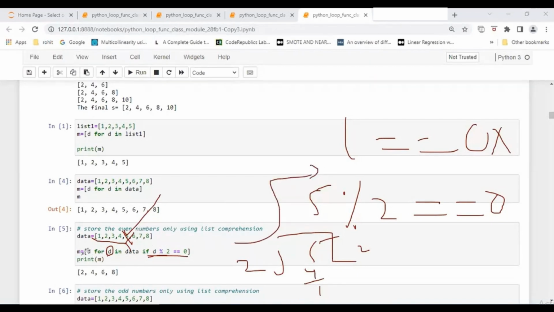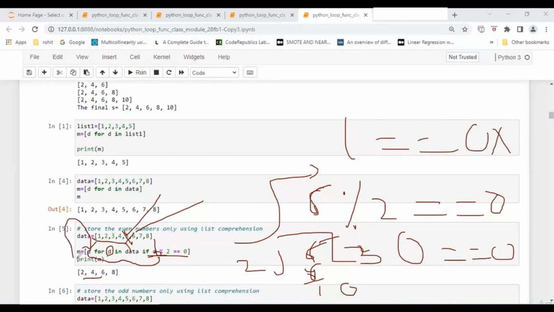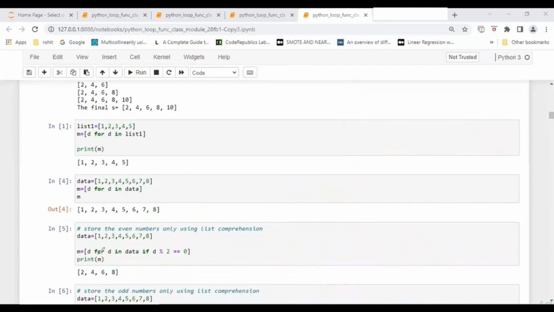Next, when 6 is coming here, 3 times 6 will be there, and the remainder will be 0. So 0 equals 0. It means an even number. It means this D is 6. So this 6 is an even number, so it will be captured by D here, and this D is going to be stored here as the answer. So only with the help of list comprehension, within one statement, we can find out the values which are even numbers with the if condition inside the list comprehension, and that D will be stored one by one inside the